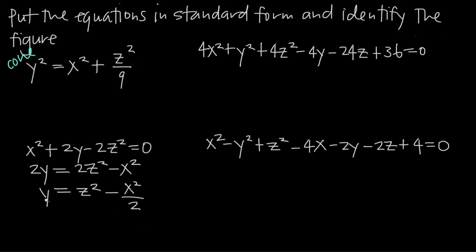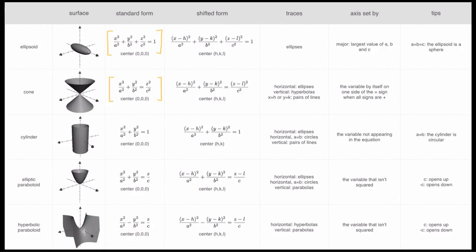In this form, then, what we notice is that we have the first degree variable by itself on one side of the equal sign, and then we have 2 second degree variables on the other side. One of them is positive, the z squared is positive, and the other one is negative, the x squared is negative. So we're looking for that same form when we go back and look at our chart. And where we find it in the standard form column is here in the last row,